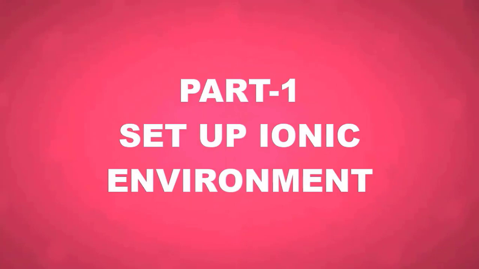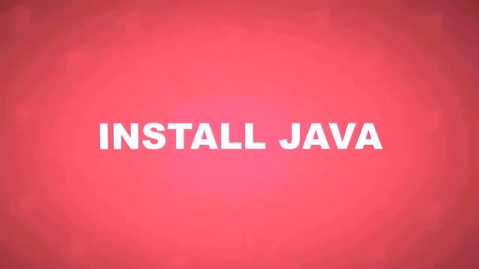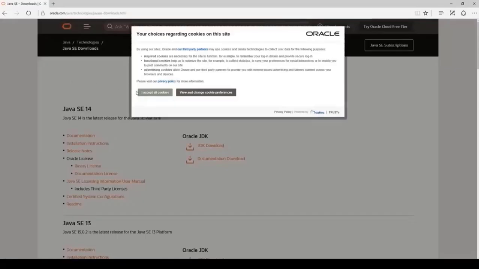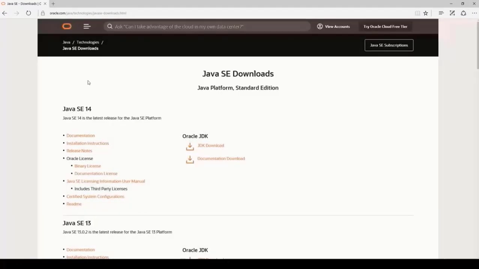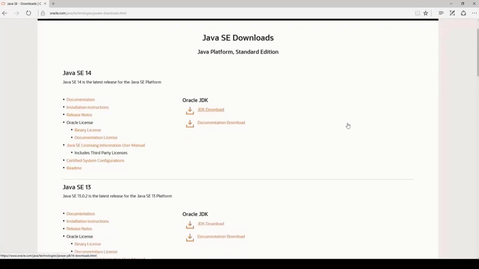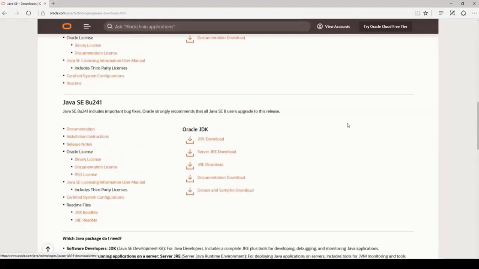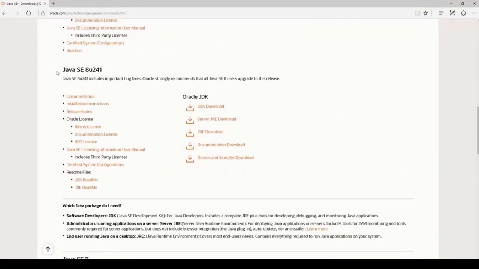First thing we have to do is set up an Ionic environment for creating this app. In order to do this, first install Java. Just go to the Java JDK on oracle.com and download Java from the download section. You can download from the Java JDK option and choose this one, Java SE 8u241. Click on JDK download,